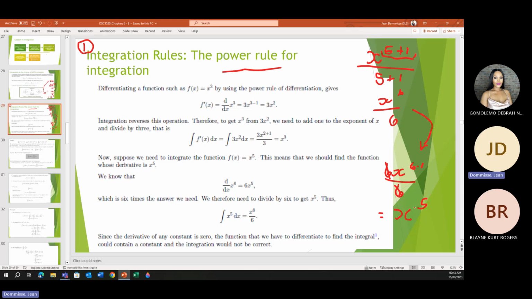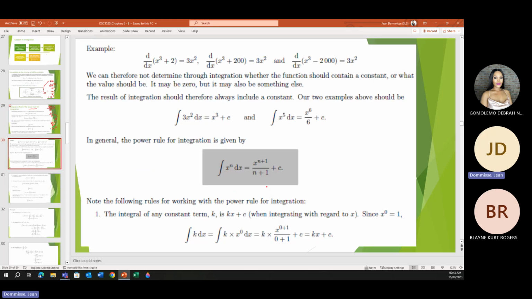Let's be honest, in the exam, you probably won't have lots of time to do something like that. But while you're practicing and doing assignments, you can look at it from that way and see, okay, let's quickly test if we can get the opposite again. So that first one is the power rule, and if you want to jot it down,